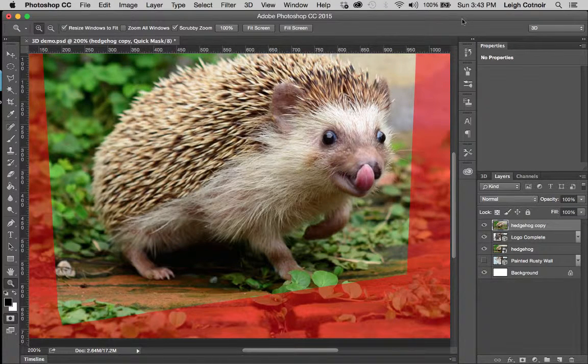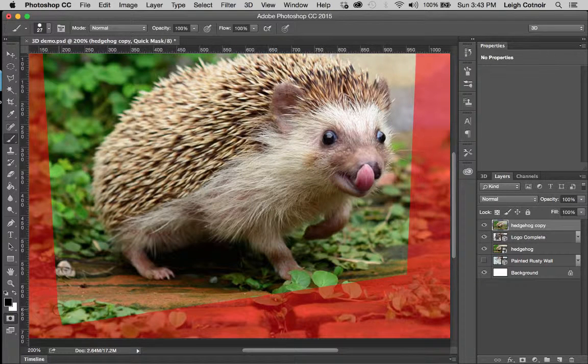So we can see where that current selection is, and this way I can also start using my paintbrush to add to the selection. Now if I choose my paintbrush tool, it's not going to literally paint pixels. It's not painting red paint. The red is showing me everything that is going to be masked out. Right now it's just easier to choose what's going to be masked out than what's going to be masked in. So if I choose my paintbrush tool with a black